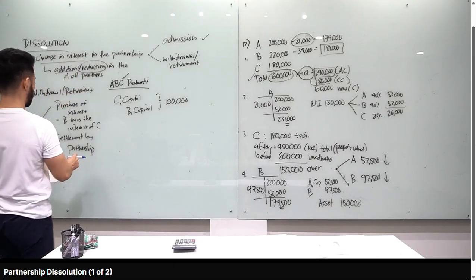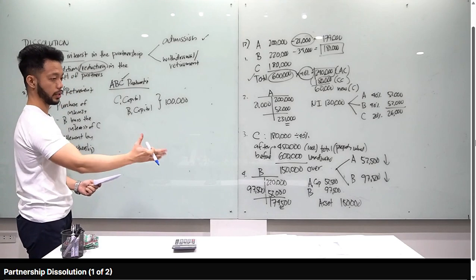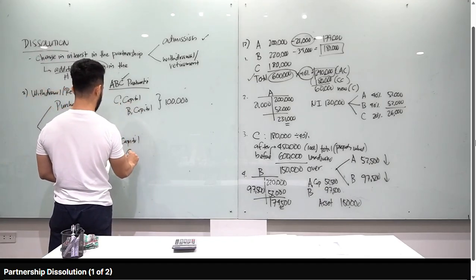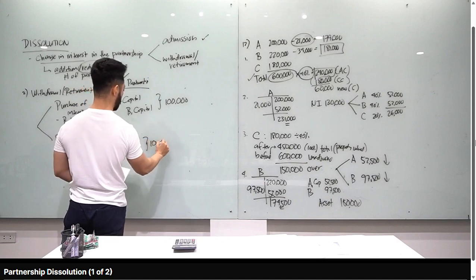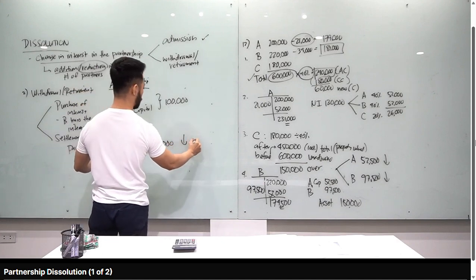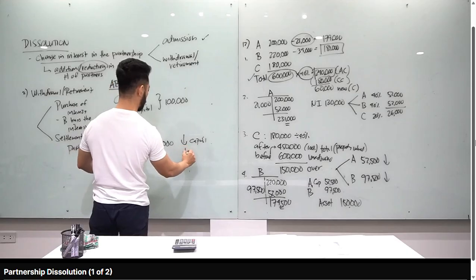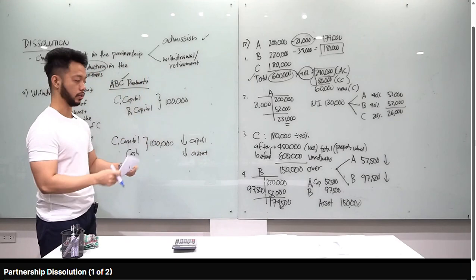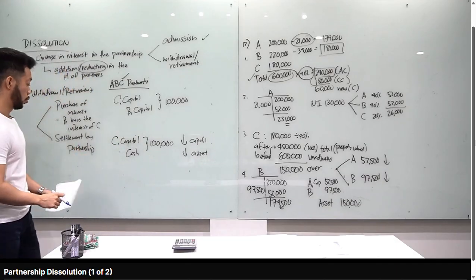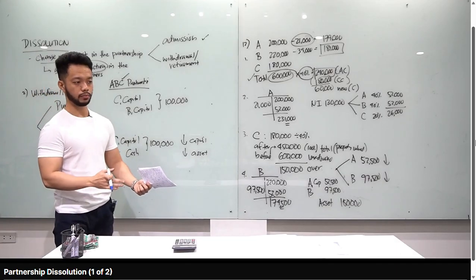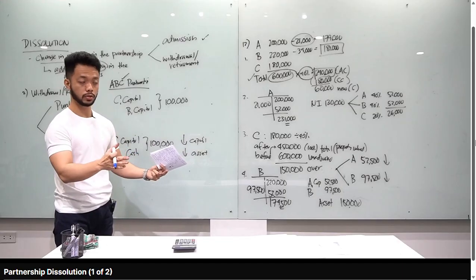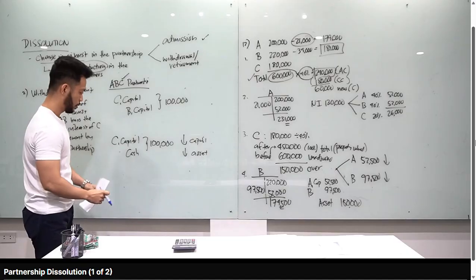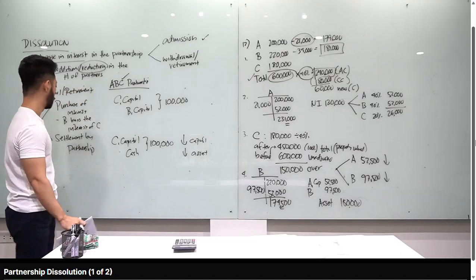Pag sinabi namang settlement by partnership, yung partnership yung nagbayad sa retiring partner. Aalis si C, tama? Debit C capital, credit cash. Ayan. 100,000. So in this case, bababa yung capital mo, dahil aalis si C, bababa naman yung asset mo, kasi nagbayad ka ng cash. So kanina sa admission, tataas yung capital, tataas yung asset. Opposite naman to. Alright? So kung kanina, meron tayong contributed capital. If it's equal to agreed capital, walang bonus. Or if contributed capital is more than the agreed capital, may mga rules tayo na ganun. Same rules lang din dito sa settlement by partnership.